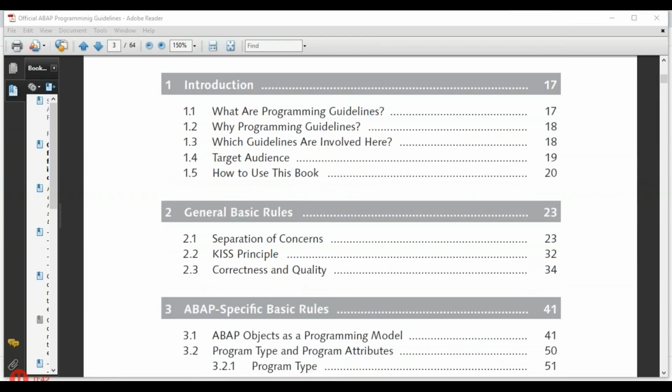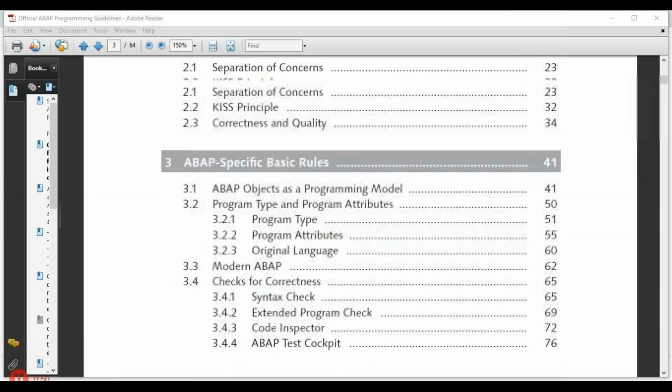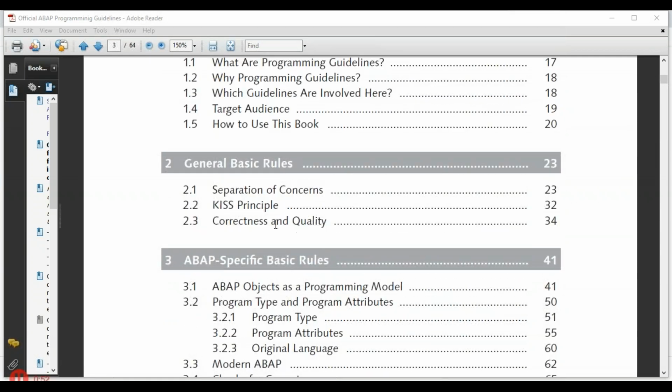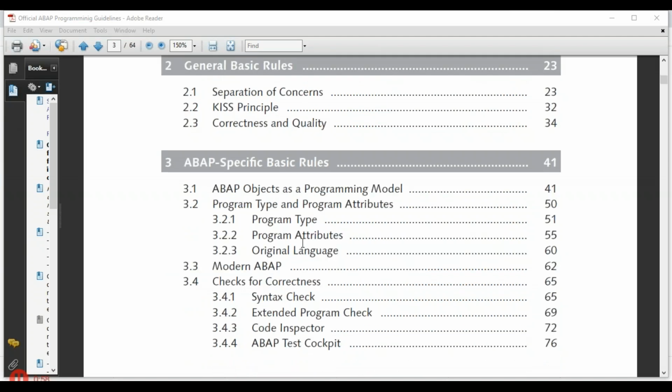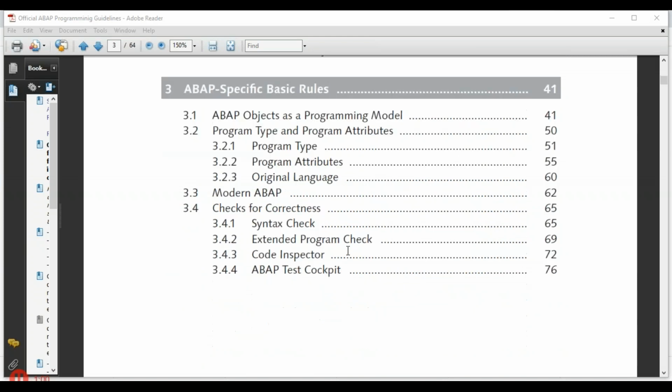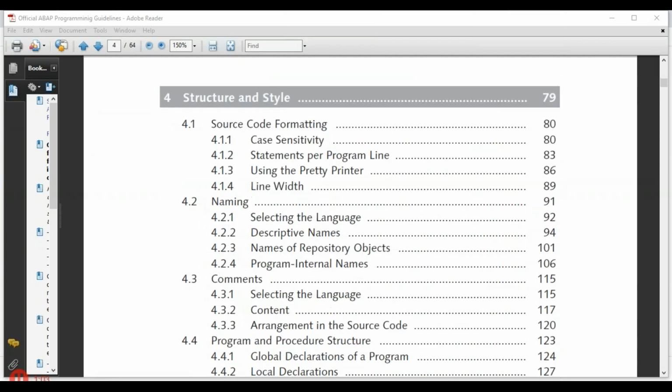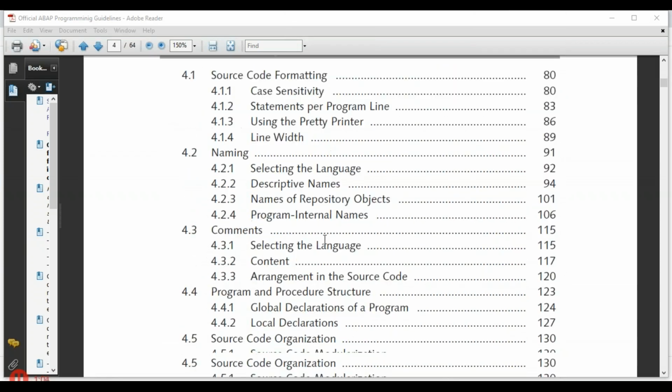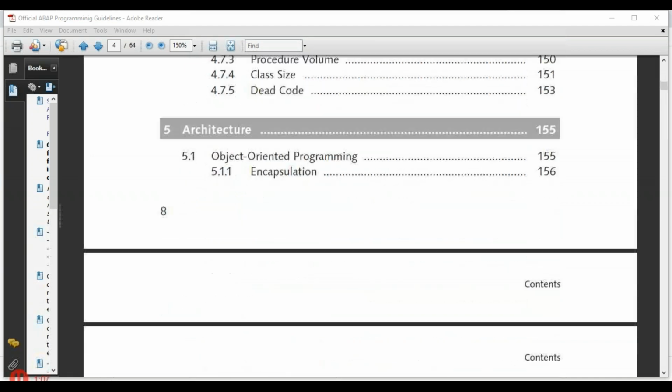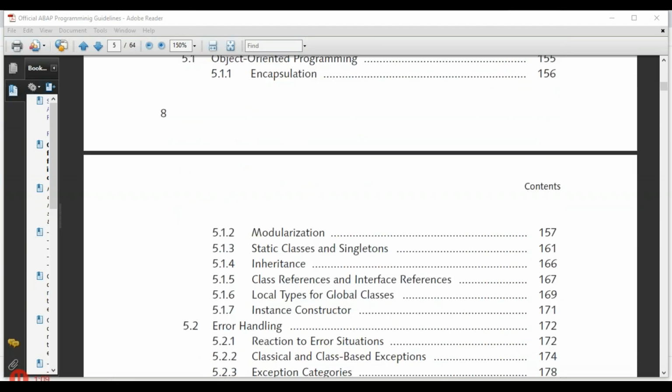And in this, what are the programming guidelines? Why programming guidelines? Which guidelines are involved here? Target audience. So this is what we'll quickly discuss. And we'll have the general basic rules like separation of concerns and the KISS principle and correctness and quality, the ABAP object-oriented programming, how do we do the basic coding concept, structure and style of the entire program, how it should be, and the architecture of the OOPS programming,